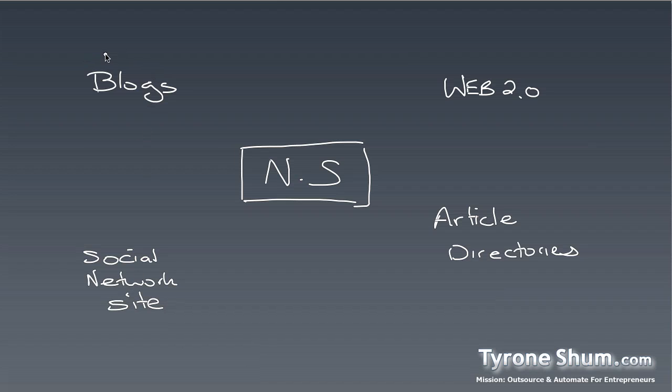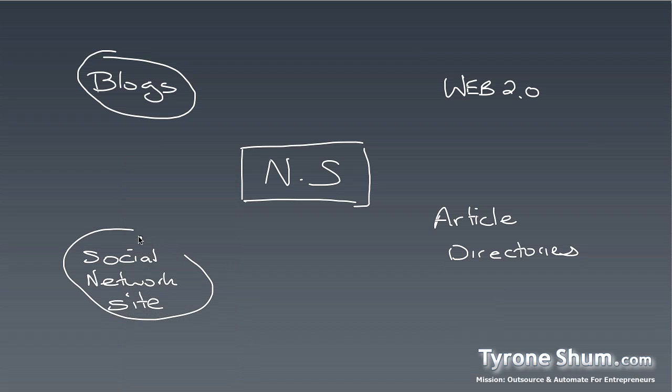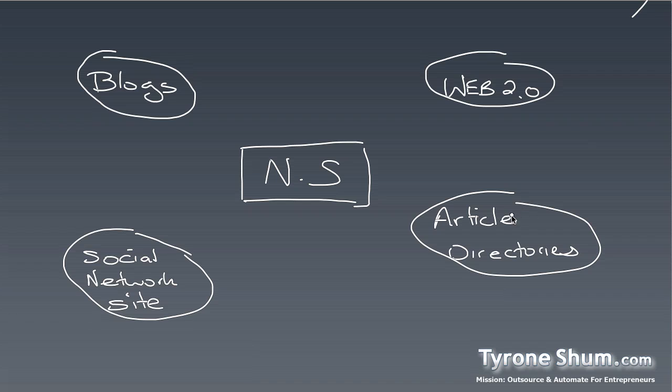All right. Now, what we're going to try and do in this particular strategy is to pretty much create links back to your site. So let me just pull out the other color pens to describe it to you. The whole idea is we're going to be going out there and, say, for example, hop onto a blog like WordPress, and then from WordPress, create a link and link it straight back to your website. Same thing from Web 2.0, like Squidoo, HubPages, etc., and put that link back into it. Article directories, same thing. And social network sites, same thing.